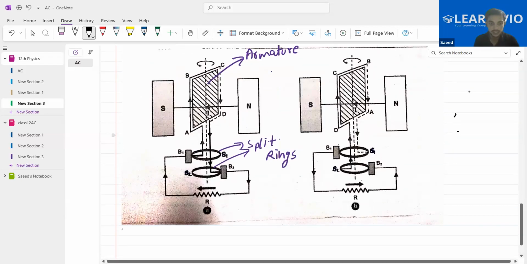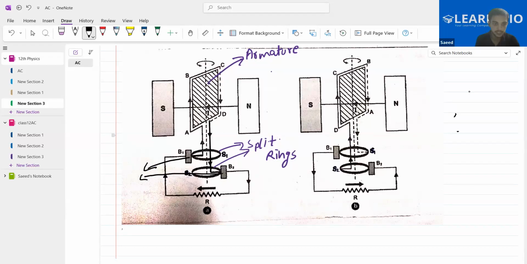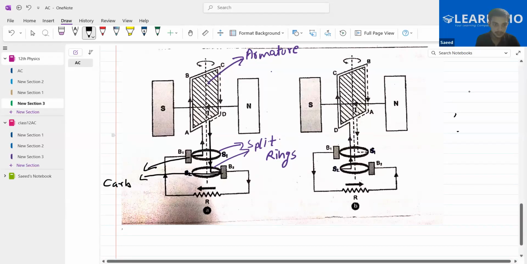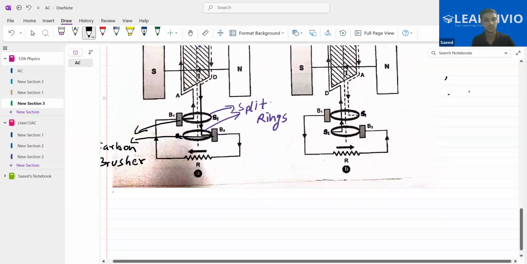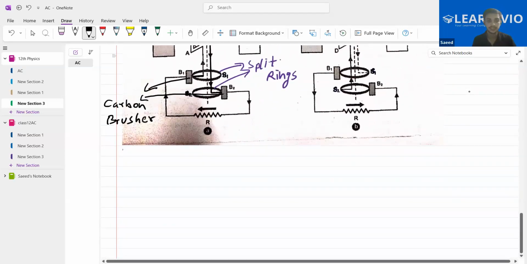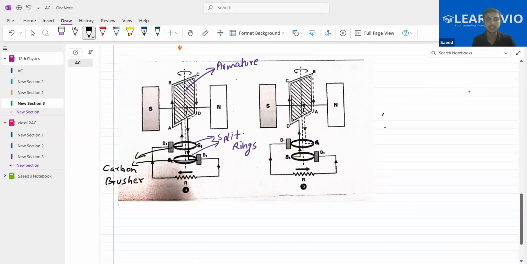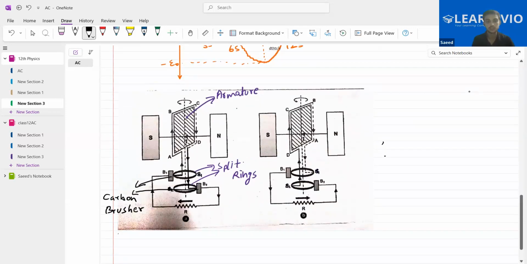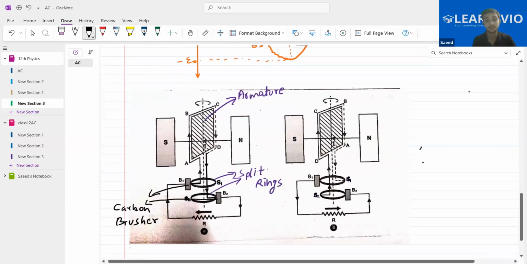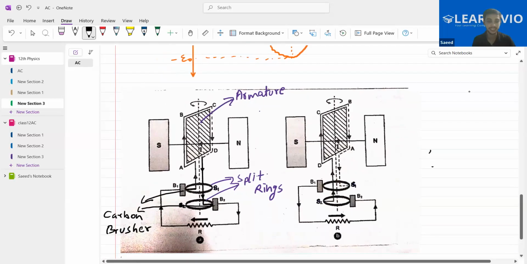Let me mark this also. These B1 and B2 are called the carbon brushes. Leave some space in your notebook; you should draw it after the class. This is the whole setup. If it comes in the exam, you should draw this. This is the most simplified way of drawing